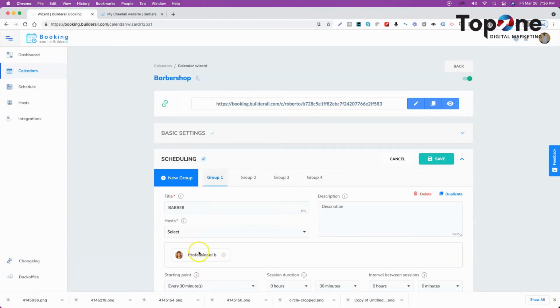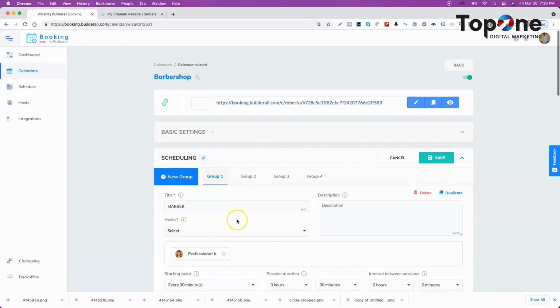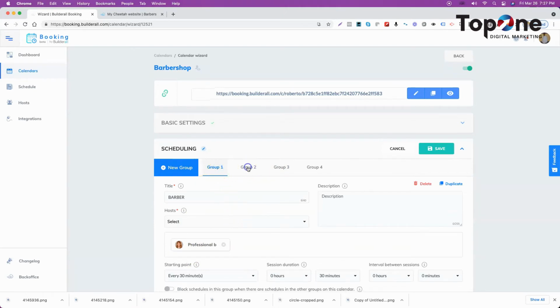So for each barber, you want to create a different group. So as you can see right here, I've got group 1, group 2, group 3, and group 4. And so what I have done is in each group, you can title the group. So if you notice, I titled each one of them the same thing, barber, because the beauty of this is you can